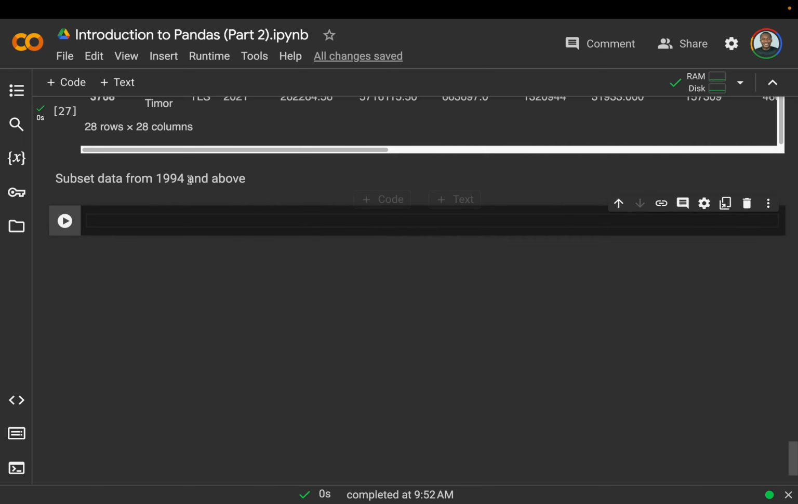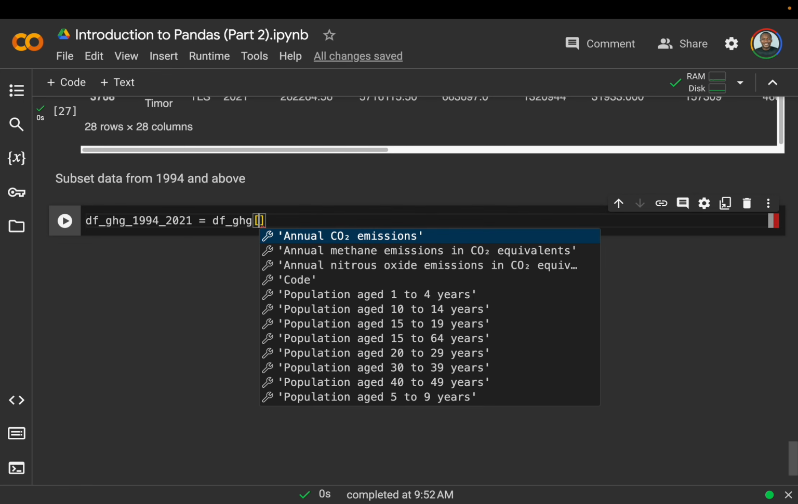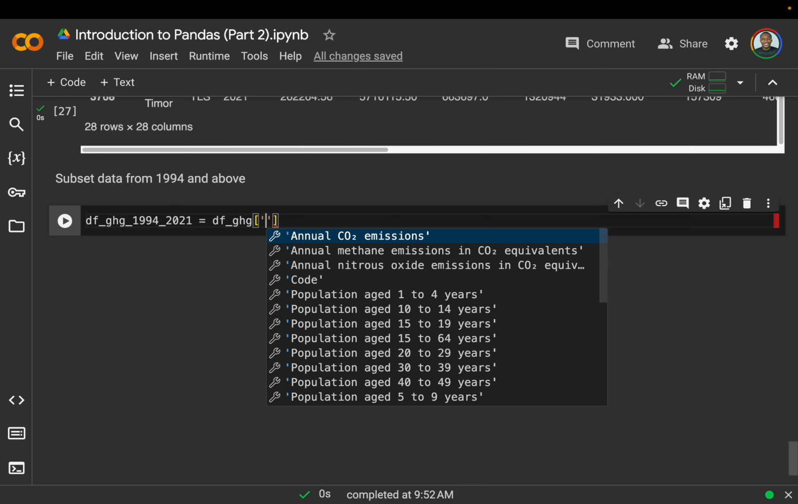You can add code or text. So I added text here. Now I'm adding the code where I want to have the line of code. So I'm going to call this data frame. I'll say df greenhouse gas. Now I want to use a different name. I'm just going to say 1994 to 2021. Then equals to the main data frame, which is the greenhouse gas. Okay. So what I'm trying to do here is I want to get where the year is greater than or equal to 1994. So year,